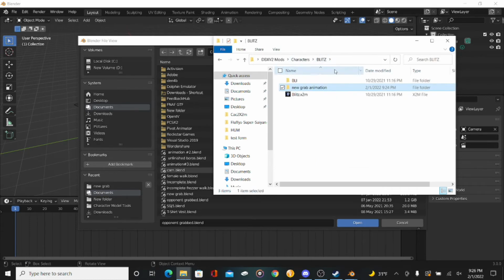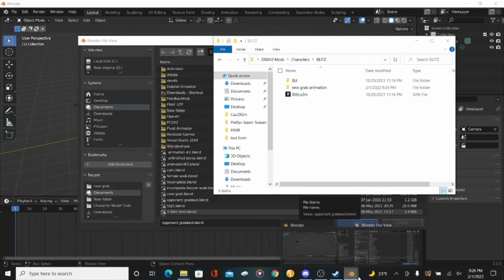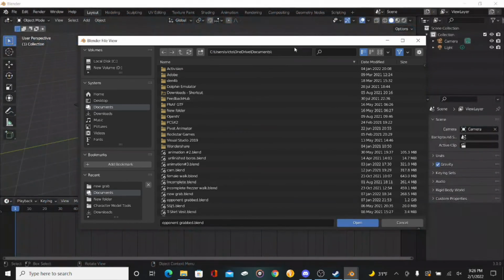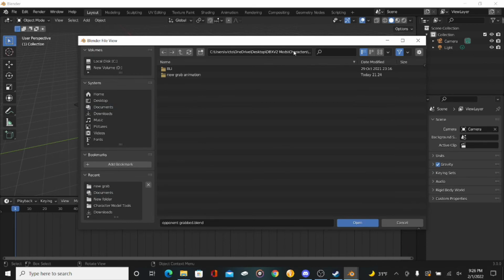Now that we've done that, we're just simply going to... Also, another thing that helps me is when I'm trying to find the FBX file that I just converted, I like to go back to the current folder that I recently did it in, copy the location path, and just paste it in when I'm searching for the file. You can do this by clicking on the top left corner of Blender where it says File, and then you want to click on Import FBX, and then you want to basically search for your file. And then ignore the first mistake I made in this, but you can visually see me correcting my mistake.